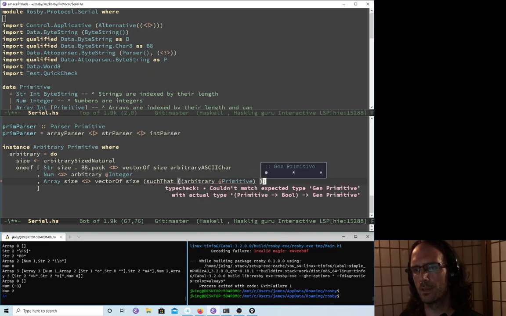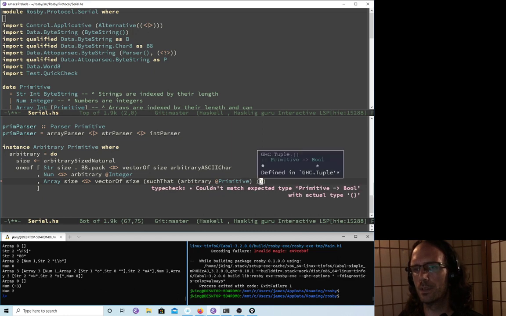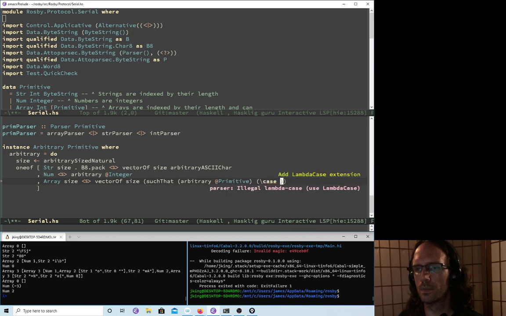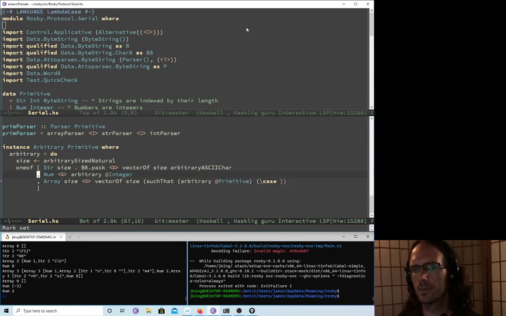And our predicate here will be lambda case. Where we have